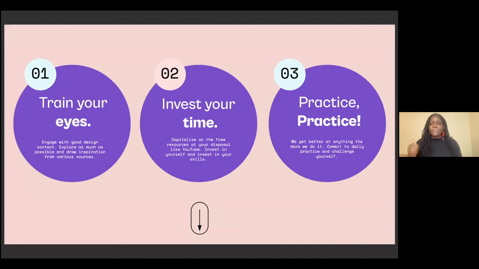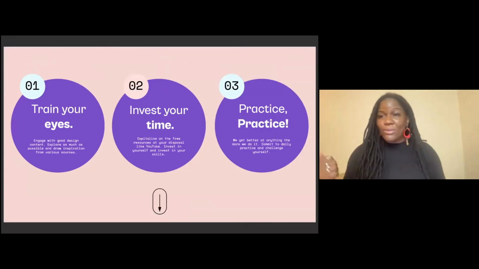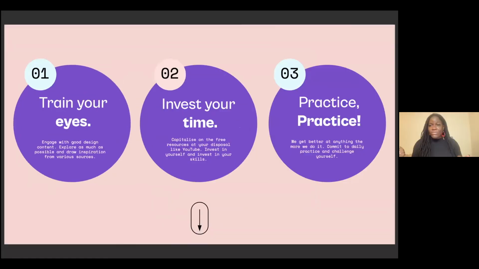The third thing, practice. There's no way you can be like, hey, summer body, here we come, and you're sitting at home, right? That's not going to happen. You've got to go out, you've got to go run, you've got to go walk, you've got to go to the gym, whatever the case is. So as much as you're training that, you've also got to train your design brain, right? It has to be able to process and think in such a way that when you're actually in the design trenches, you are absolutely providing the best creative solutions.